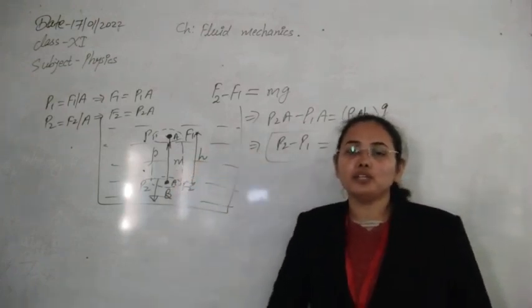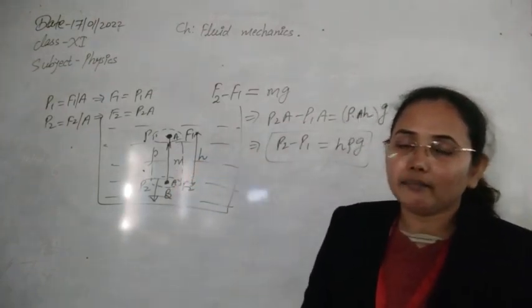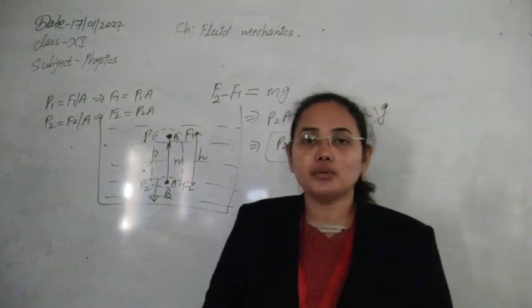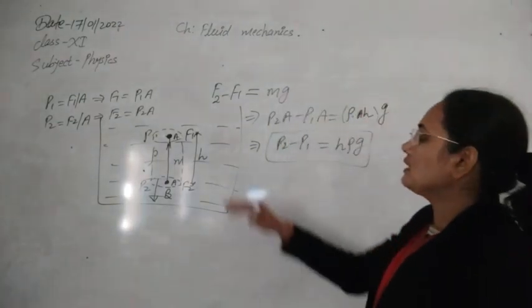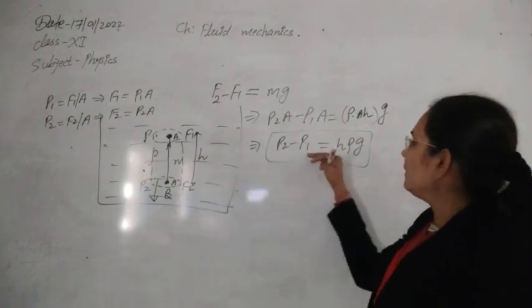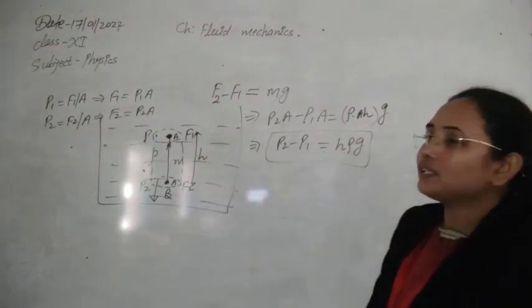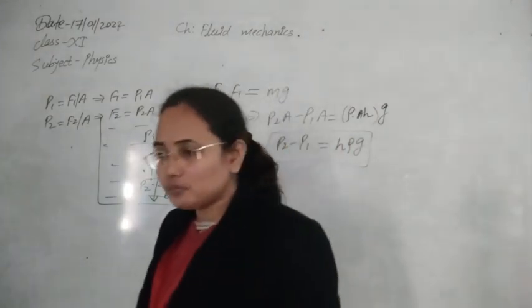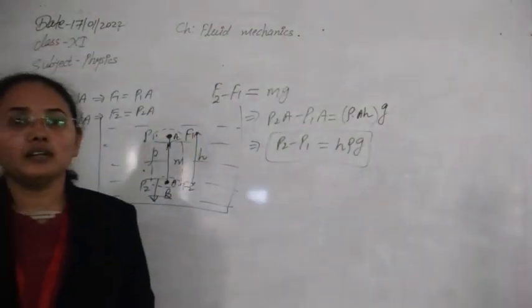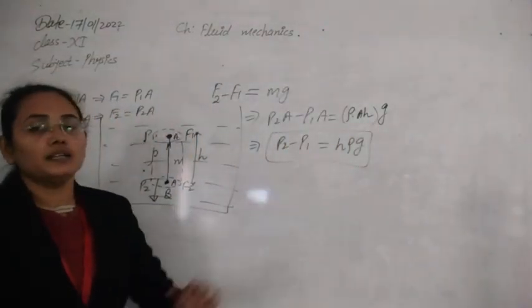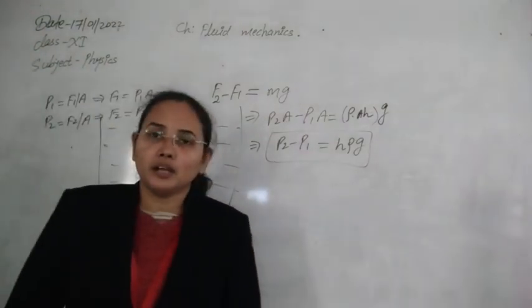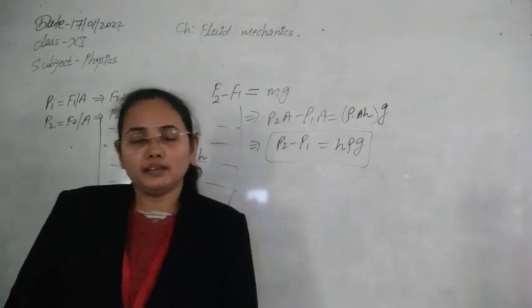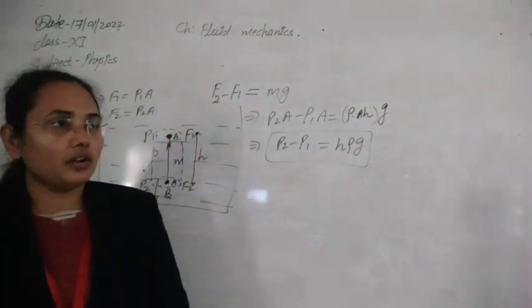When we are moving downward up to a depth, then pressure is continuously increasing due to the own weight of the liquid, and due to this continuous increase of the pressure, here we can see the pressure difference h rho g is created in the system. So this is now the variation of pressure, with that we can move easily. Now this excess pressure h rho g is known as gauge pressure. We are calling it gauge pressure. So this one is now clear.